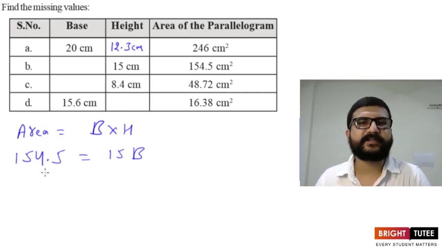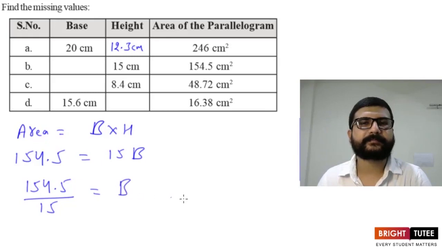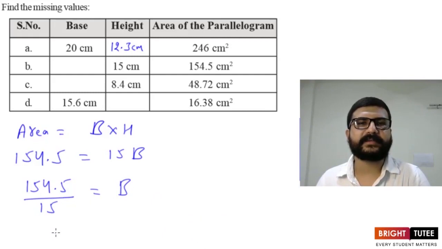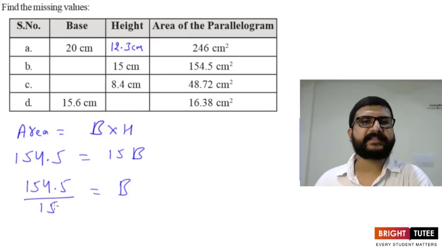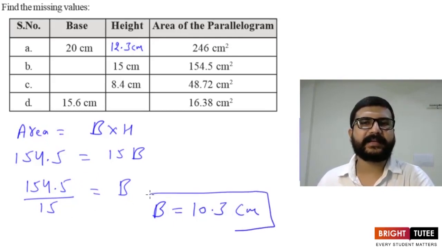Now let's transpose this 15 on the left side of the equation. So this will give us 154.5 divided by 15 is equal to b. Now let's simplify this and get the value of b. By dividing these two numbers, we will get value of b as 10.3 centimeters. We know how to divide two numbers, so by doing that, we will get answer as 10.3 centimeters. So we will write here in the table as 10.3